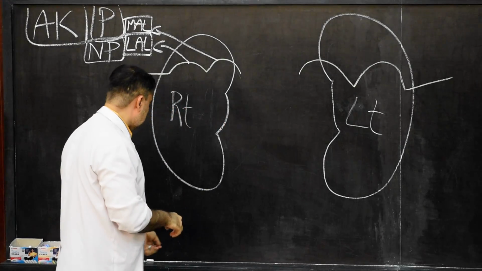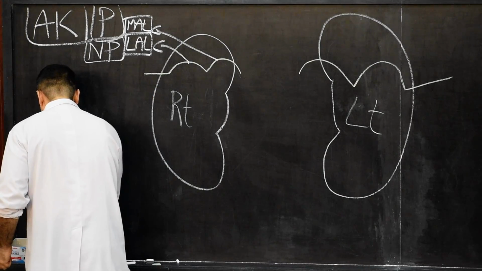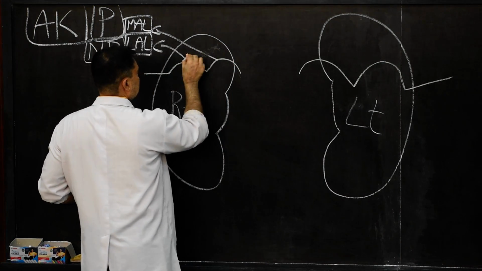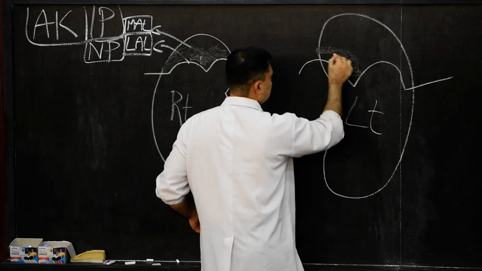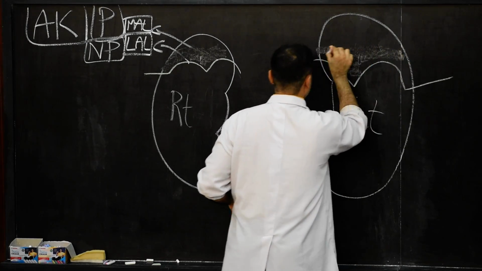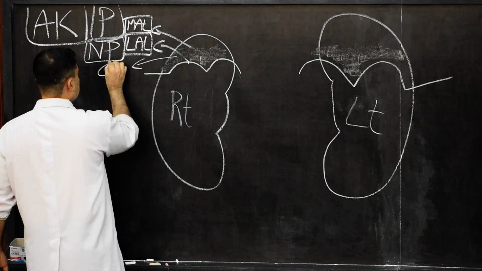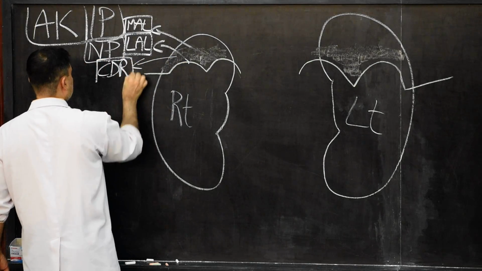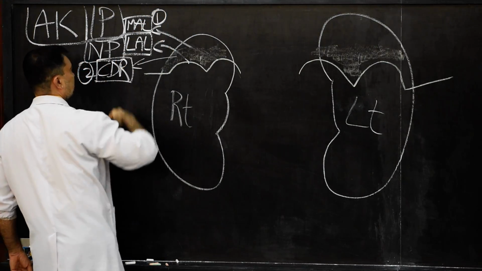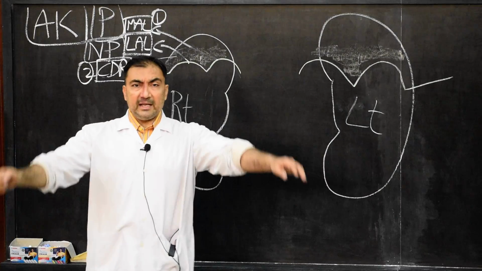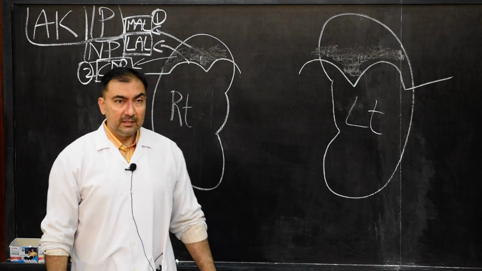So the same costodiaphragmatic recess, now here with the help of orange color, if I just fill this, here we can show the costodiaphragmatic recess, and we can mark it simply as the costodiaphragmatic recess. This is point number 2. Here I will mention point number 2. This I will mention point number 1. So the costodiaphragmatic recess on the right and left sides respectively.